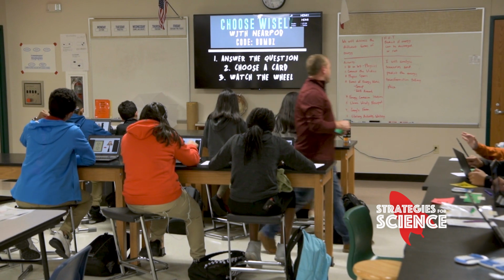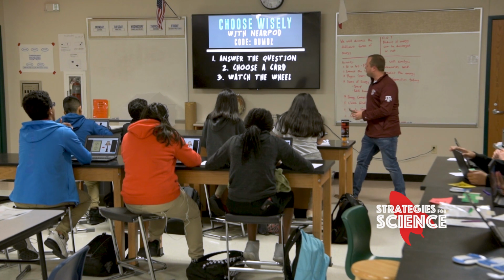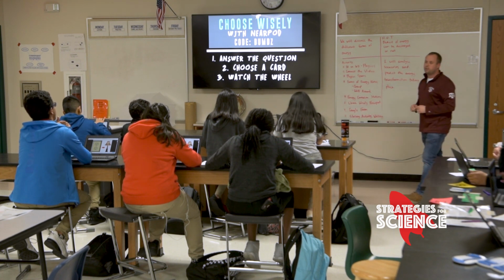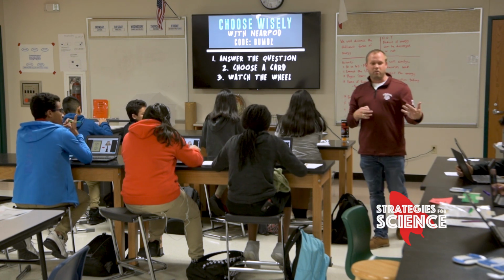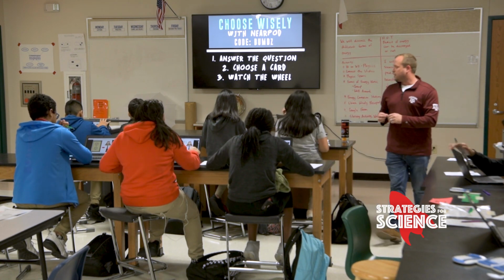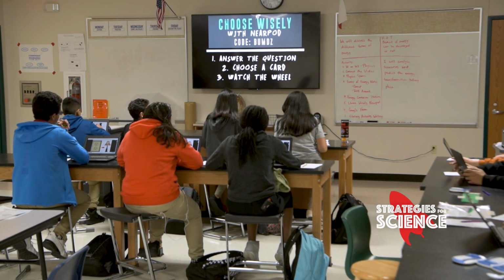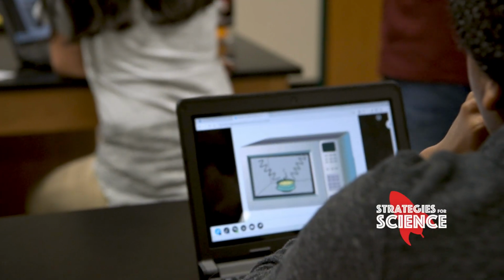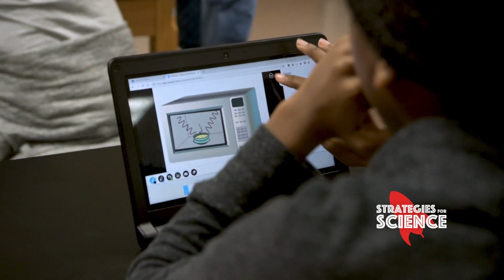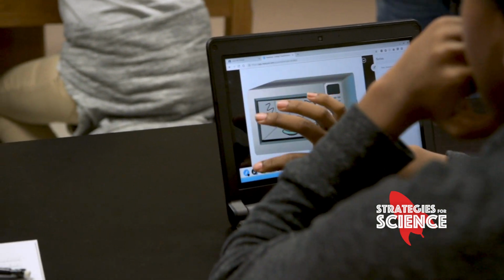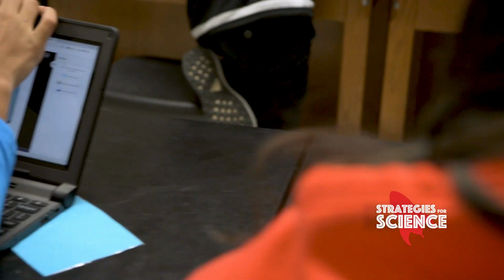And then I'm going to come up here and spin, and if it lands on the card, the number you're holding, you're going to share out what you said, okay? So some of you are holding 4, 1, 2, 3, 5, 6. Whatever it lands on, that person has to stand up and share out what they said. Let's see if you can remember. I will be so impressed if you can remember what form of energy is inside that.